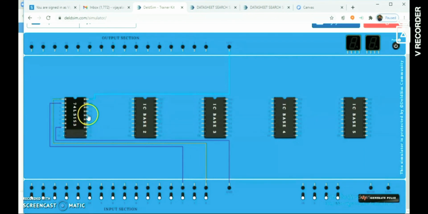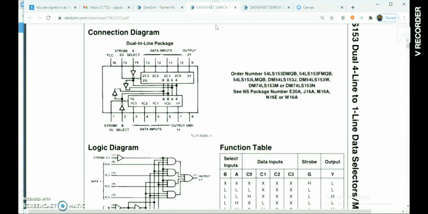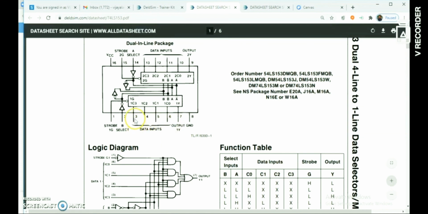Now this is my MSB and this is the LSB, S1 and S0.